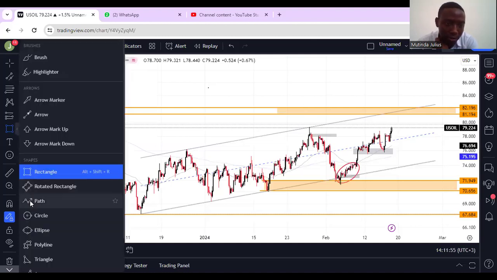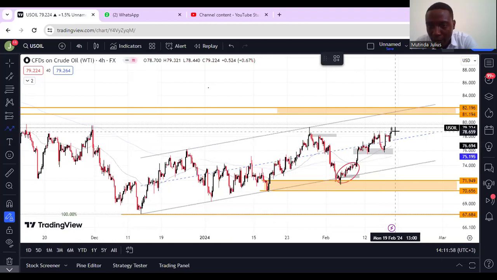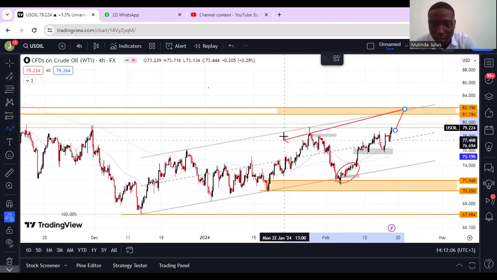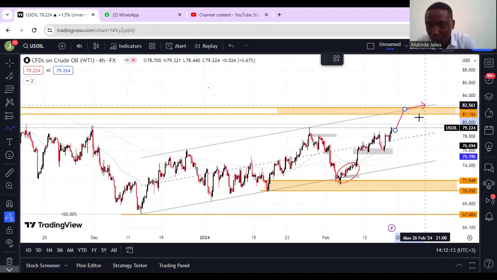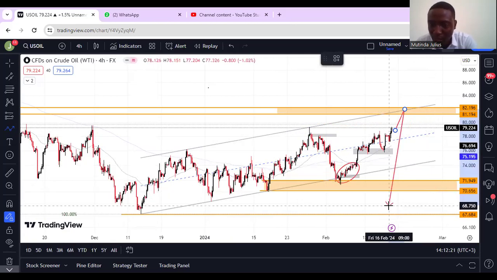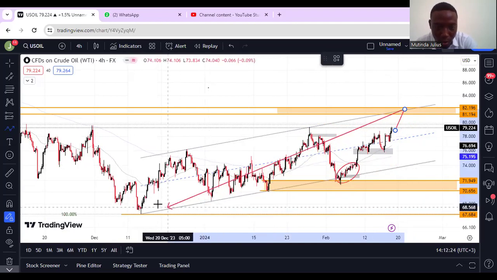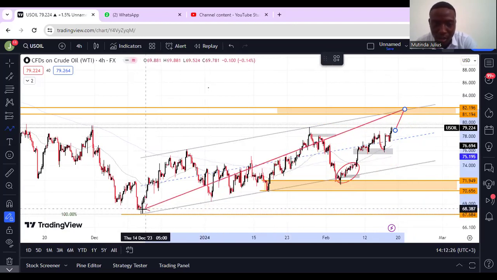So in regard to that, this is my expectation that the price will come all the way to this point. There's a confluence between this channel, the high of the channel, and this block. There's that confluence. So I will see a possible reaction from this point to this point, which is a possible scenario. But either way, I'm also expecting that price might drop down to this order block right here, because